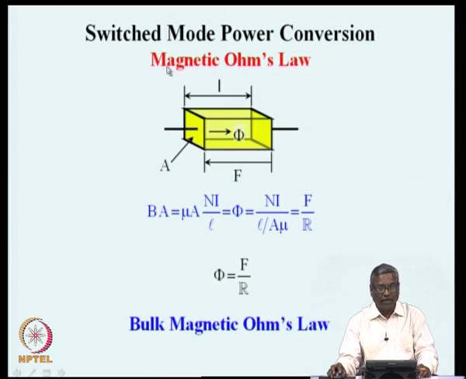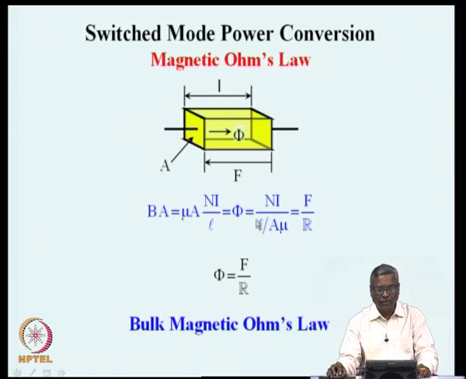Now, we can go backwards, taking the magnetic Ohm's law, which is at a point, and extending it to a magnetic Ohm's law which is true for bulk. For example, we had seen that B is equal to mu times H. We multiply both sides by the area of the magnetic path, the resultant is the flux in the magnetic circuit, and that flux is now related to the ampere turns divided by the quantity L